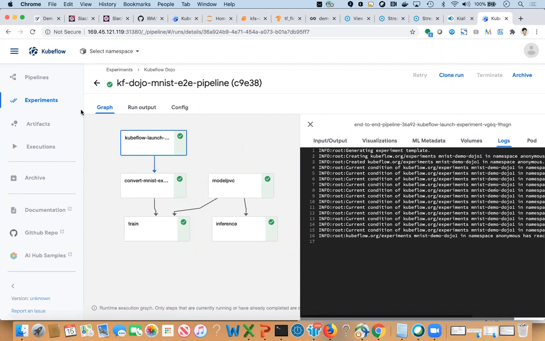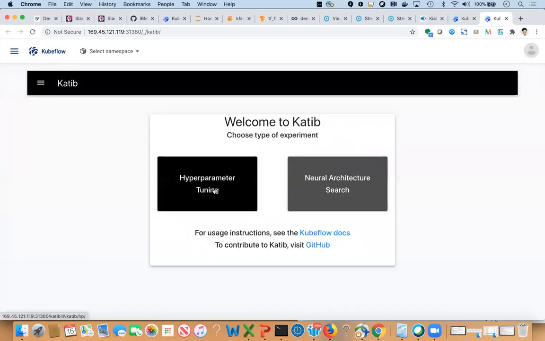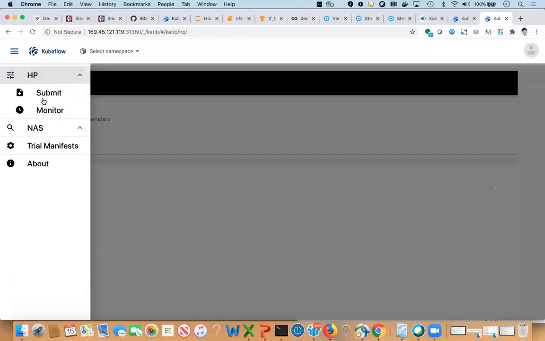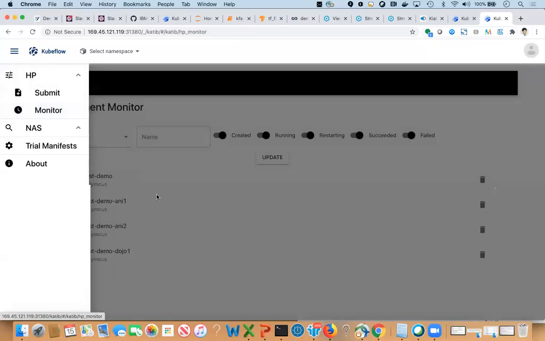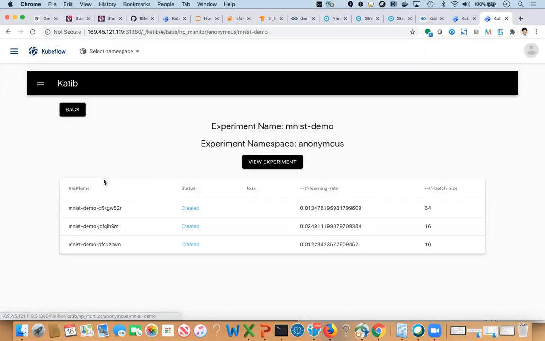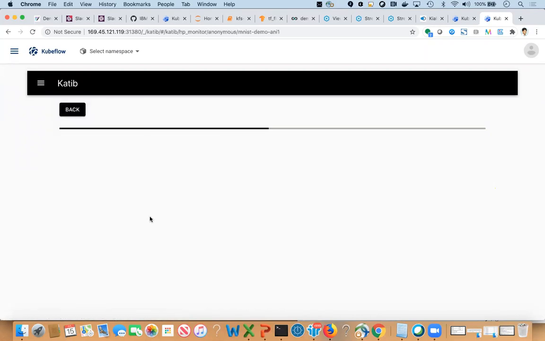So for example, in this case, let's see if we go to Katib, we might be able to see the current Katib experiment running. Oh yeah. So this one which I ran yesterday, this is currently running. So you can see that it's currently running this, but the one which I ran yesterday, that one completed